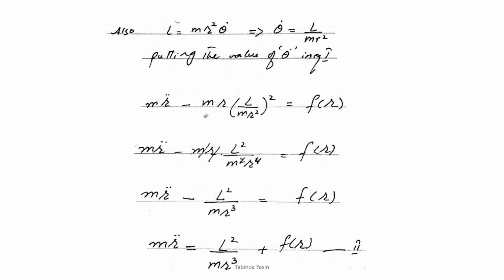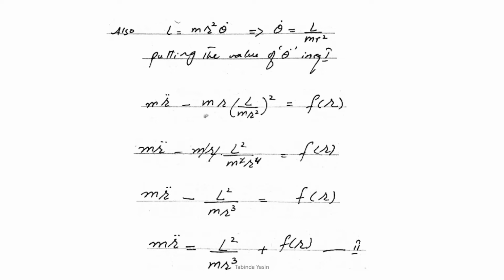We get m r double dot minus m r into L over m r square whole square is equal to f of r. Opening the square of L over m r square, we get m r double dot minus m r